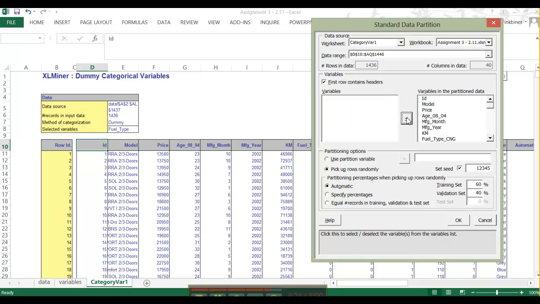And then we are going to use default values for random seed and partitioning percentages. Training, we're going to change to 50%. Let's specify 50, 30, and 20. And what will happen is that we'll use half of the